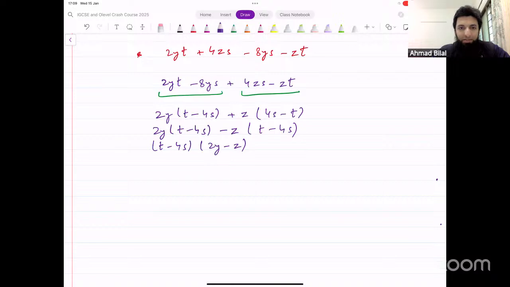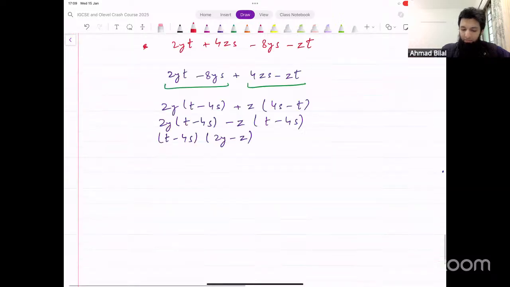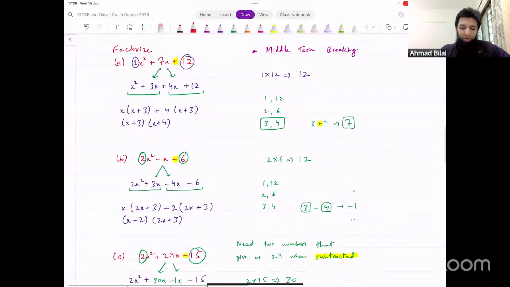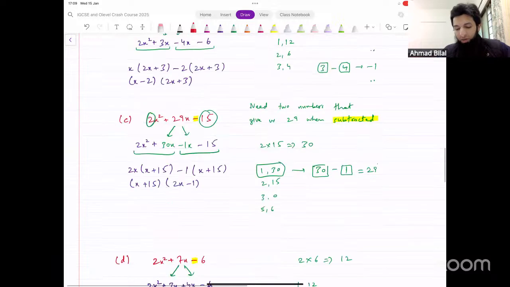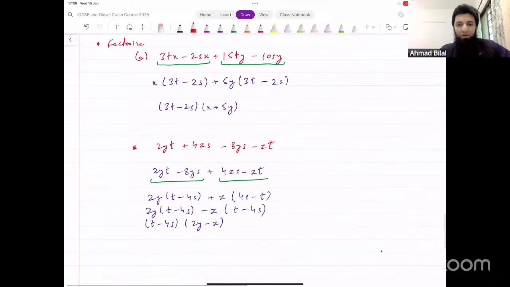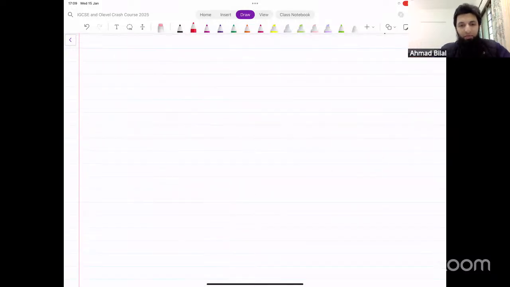Okay. So this is how the factorization process works. Now, using the middle term breaking method in particular, we would also need to be able to solve equations. Okay, so we've talked about how factorization works. You can do all problems involving factorization now. Now, in the next class, we will discuss quadratic equations in detail, including the completing square method, how to solve quadratic equations using the quadratic formula, using factorization, using completing square. But just to give you a quick idea about that,